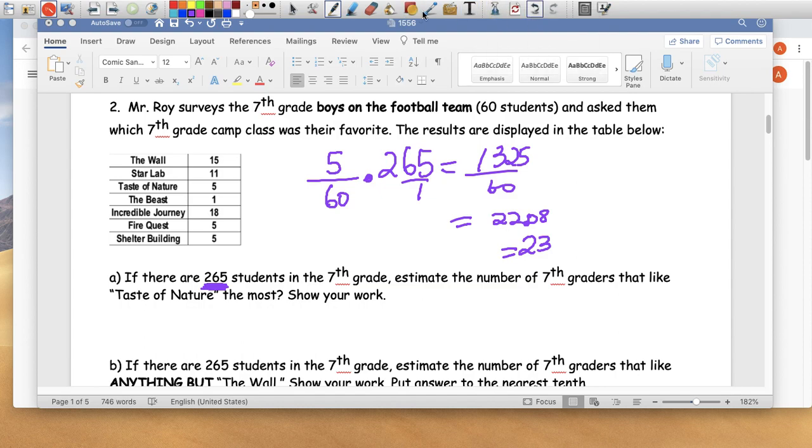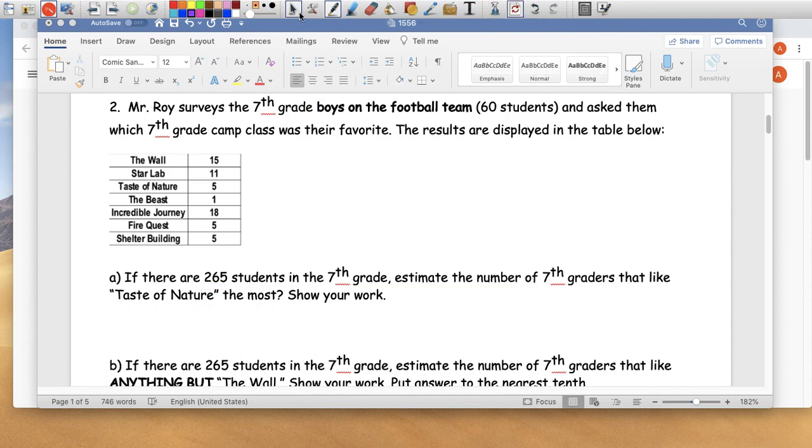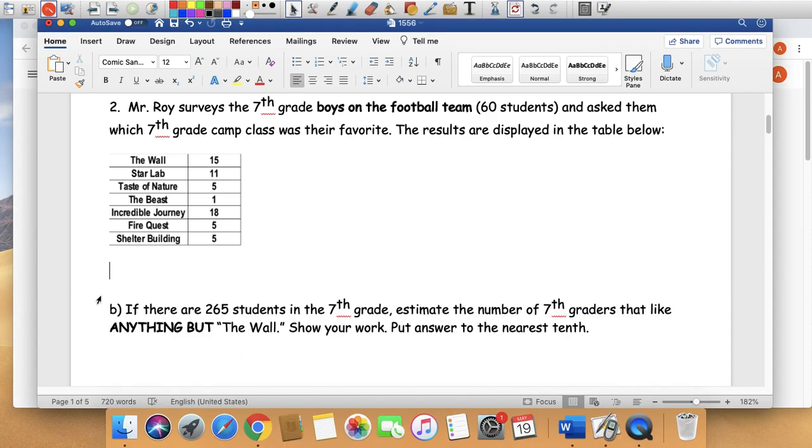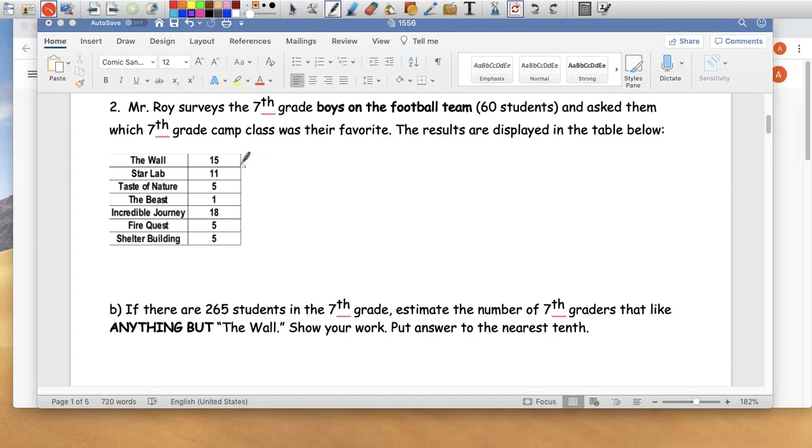Question B is the same thing. You just have to be careful with what the survey is asking. It's saying, how many of the 265 would also like anything but the wall? So they would say anything but this. So this would count, this would count, this would count, this would count, this would count, this would count, and